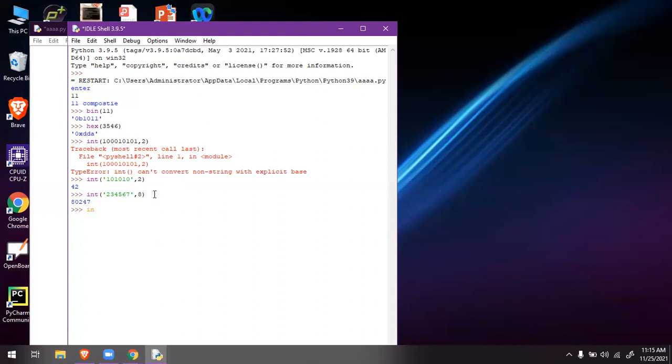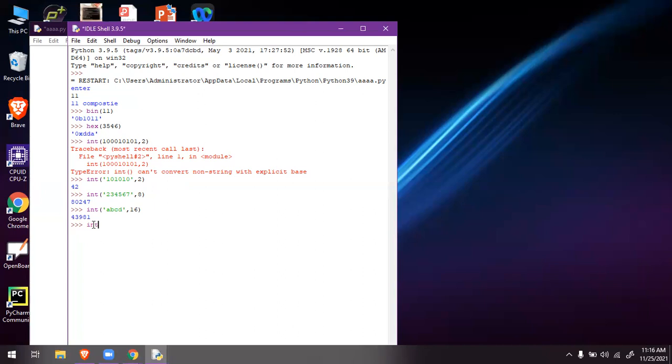You can write int of ABCD comma 16 also. If I hit enter, I get the decimal value equivalent to ABCD in hexadecimal.